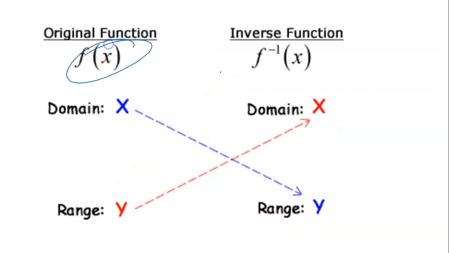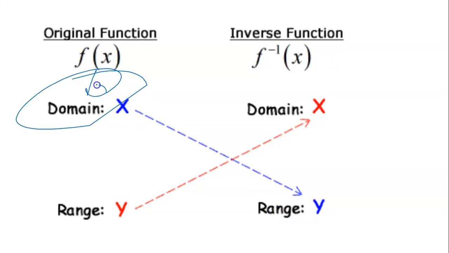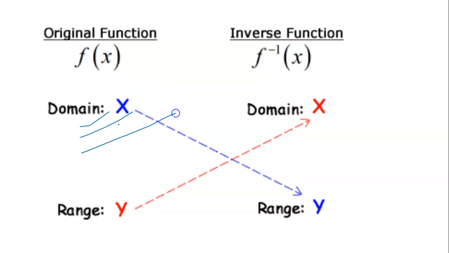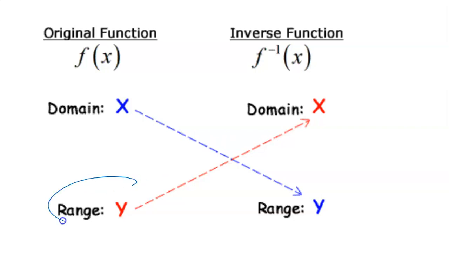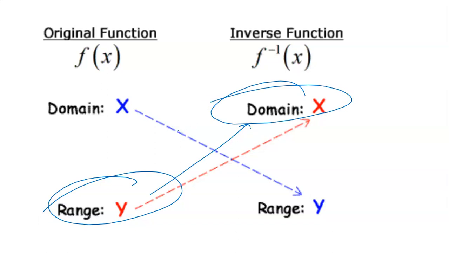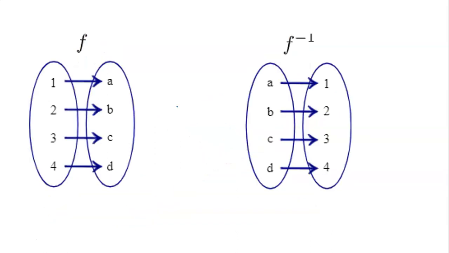Now see, suppose this is a function and this is the inverse function. The domain of the original function becomes the range of the inverse function. Okay, are you getting this, children? The domain of the function becomes the range of the inverse function, and the range of the function becomes the domain of the inverse function. Okay children, I hope this is clear.